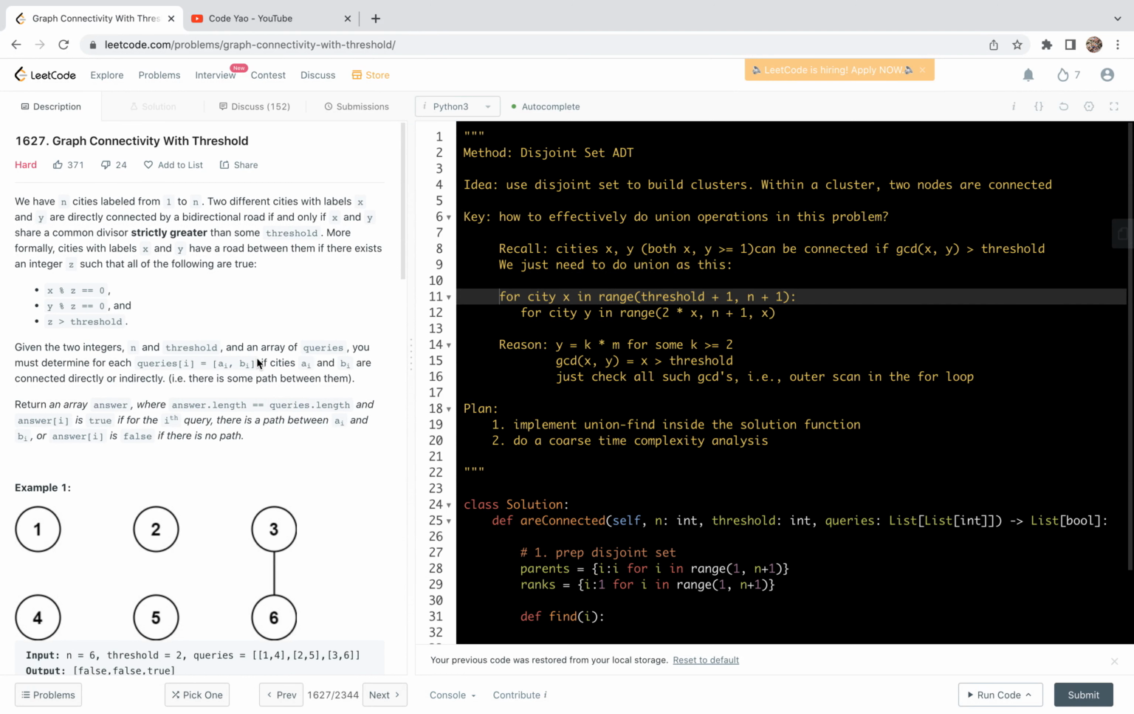Let's have a look at problem 1627 together. Graph connectivity with threshold. In this video, we are going to share a solution based on disjoint set data structure, also known as UnionFind. This problem is marked hard in LeetCode. However, if we carefully analyze the statement or the logic in the problem, we can come up with a very